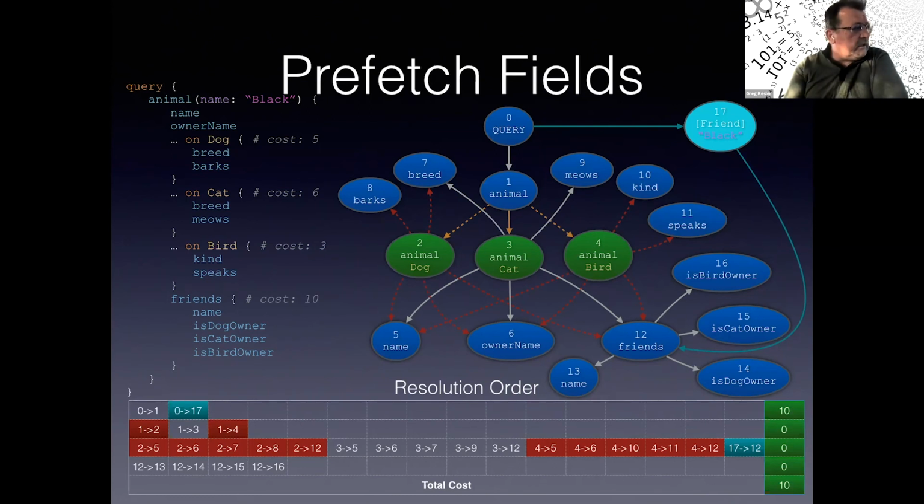Because take a look at the resolution order. The first edges to resolve would be edges 0 to 1 and 0 to 17, and we know that the cost of the edge 0 to 1 was the highest cost of resolving one of the animal types, which was 6, but the 0 to 17 cost would be 10. So in this case, the overall cost of this step would be just 10. And then